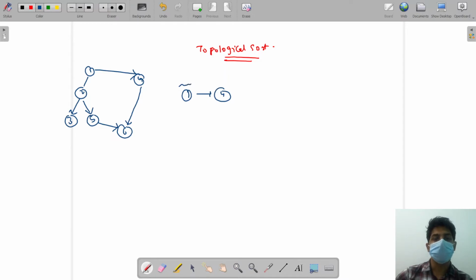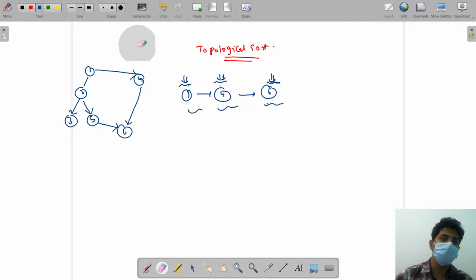If I want to complete task 1, then I must complete task 4 first, and only then will I be able to complete task 1. And there is a dependency between 4 and 6 in this graph, so if I want to complete 4, then I must complete 6 first. So eventually, if I want to complete task 1, I will have to complete 4 first, and 4 implies that we have to complete 6 first. So I will have to first complete 6, then 4, then 1. So this is what it implies.